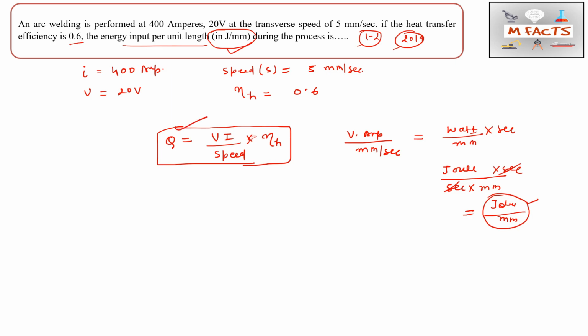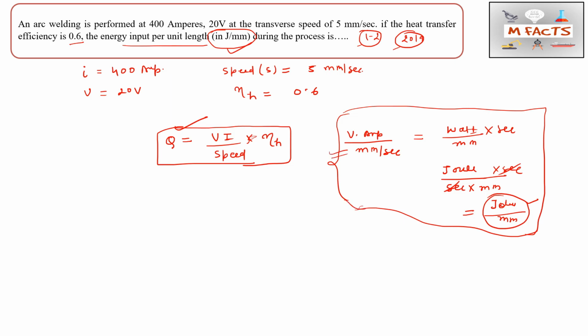So this is what I told you, this is the unit conversion. If you are getting confused in questions, please try to do it like that. The basics of unit conversion must be good. The speed may be in mm per second or meter per second also, but the second is very important here because it cancels with the second coming from the watt. That's why we always take the speed as per second.